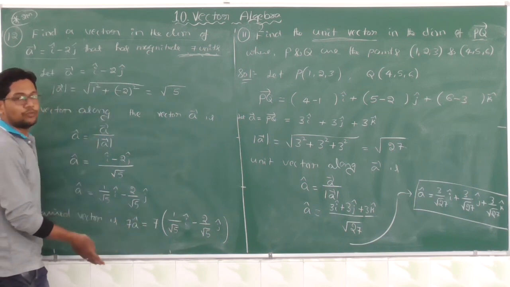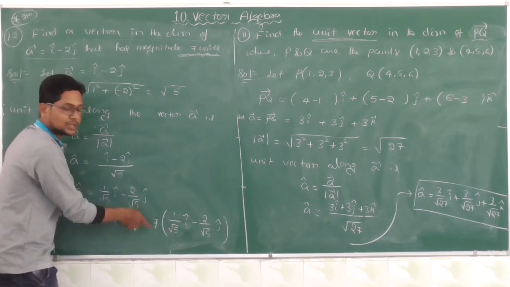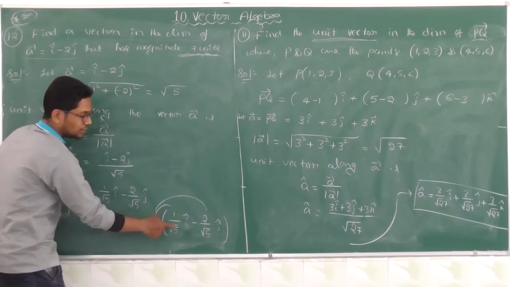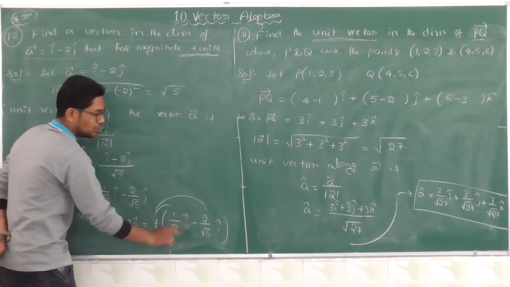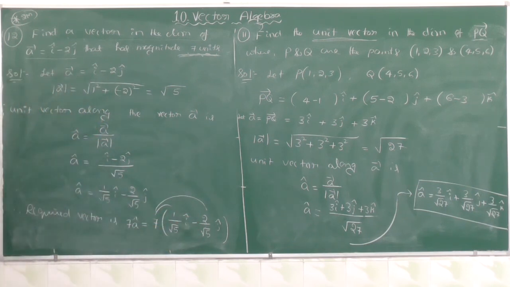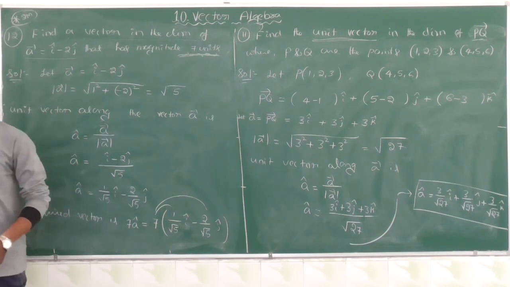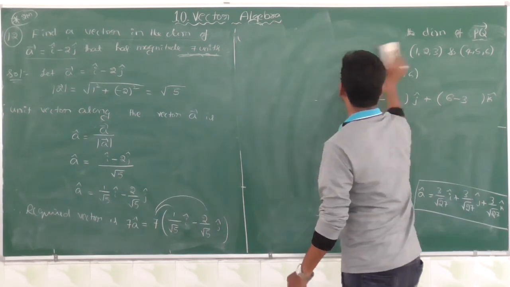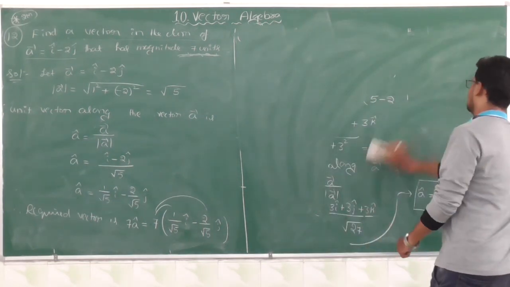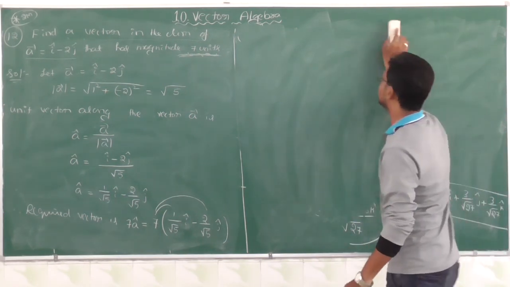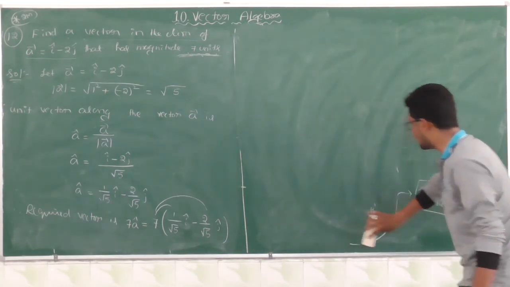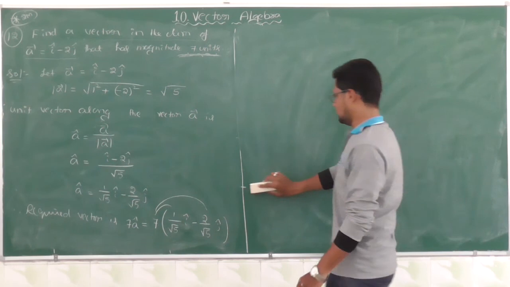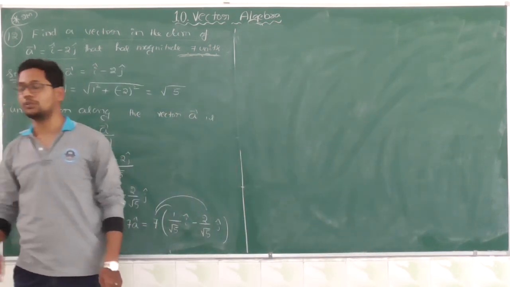In the next step, if you want, you can write by multiplying this 7 into the terms inside the brackets: 7 by root 5 i minus 7 into 2, which is 14, by root 5 j. Hence, this is the procedure to find a unit vector. The problems related to unit vectors are most important for examination as well as for your CET purpose. Kindly do not neglect these problems. You just practice at your home.